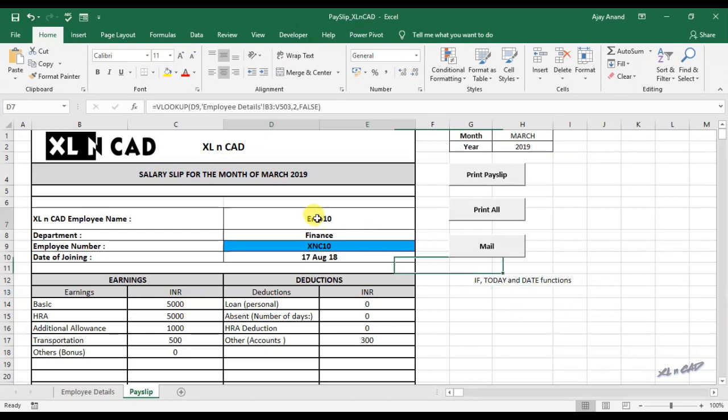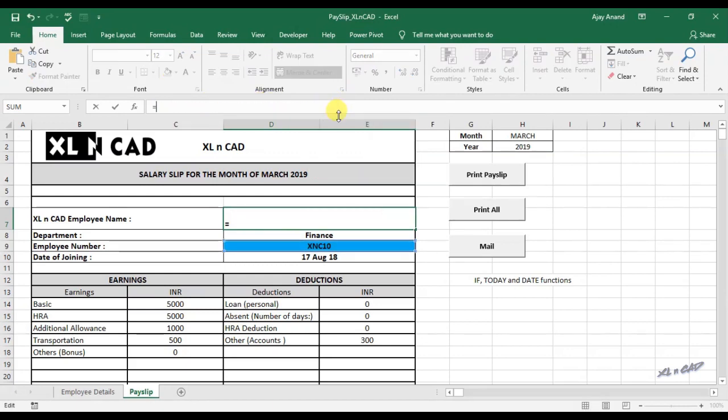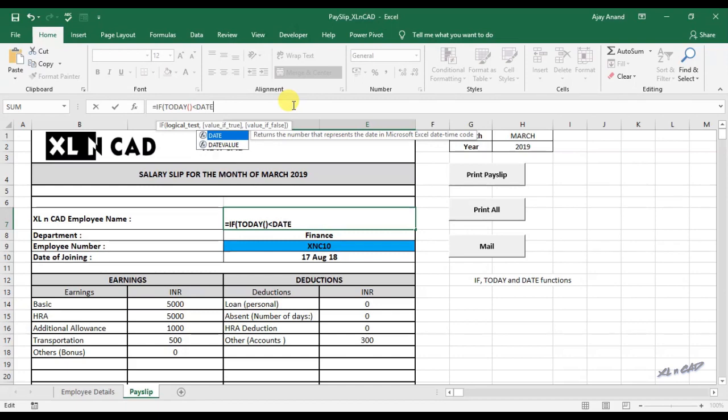Select the cell D7, go to the formula bar, cut the existing formula. When we do this, the formula will be stored in the clipboard and we can use it later. IF function. First part of the IF function is a logical test. TODAY function. TODAY function will return today's date. Less than. DATE function. DATE function will return an Excel date based on the year, month and day specified inside